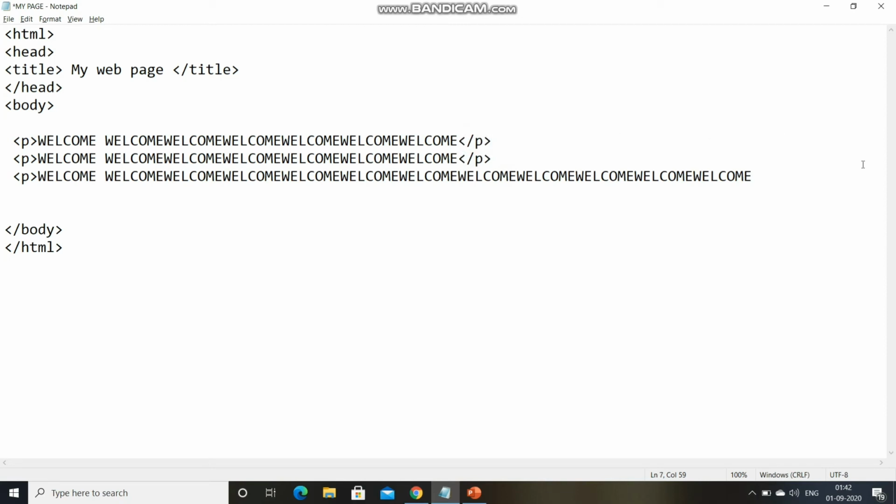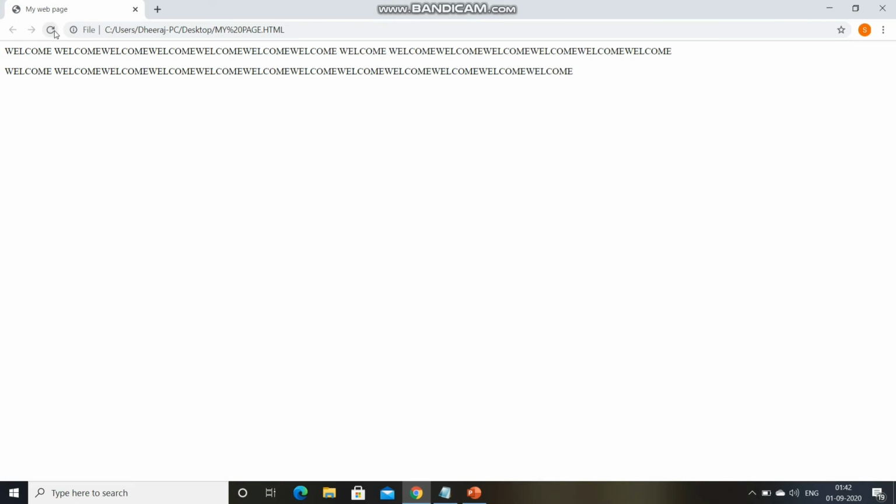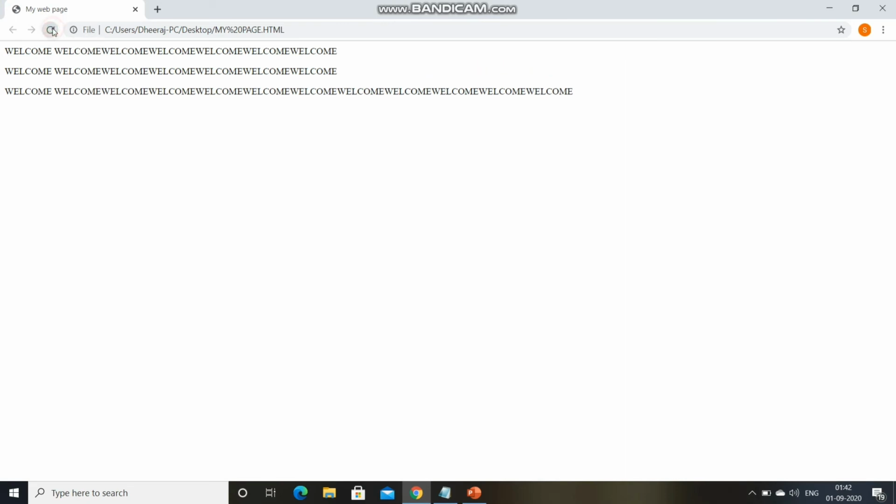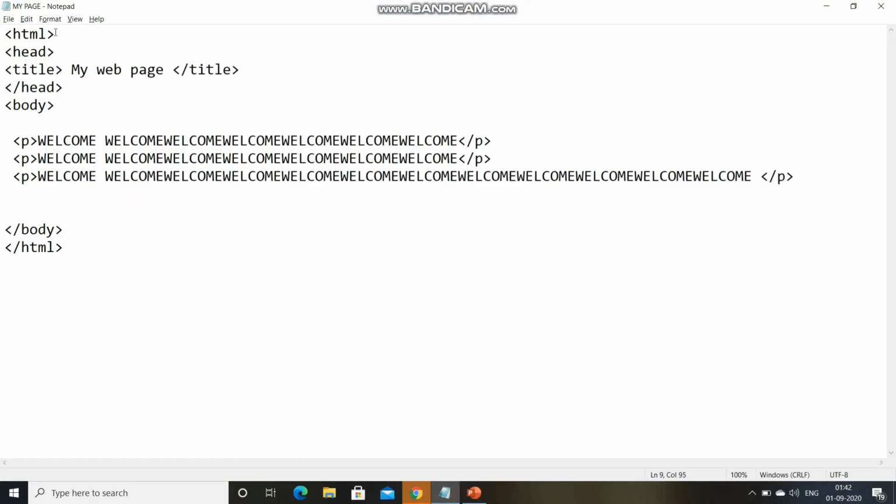Now again I'm saving this file, and now I'm going to the web browser and reloading this page. Can you see now it has been turned into 3 separate lines with proper space? So this is the work of paragraph.